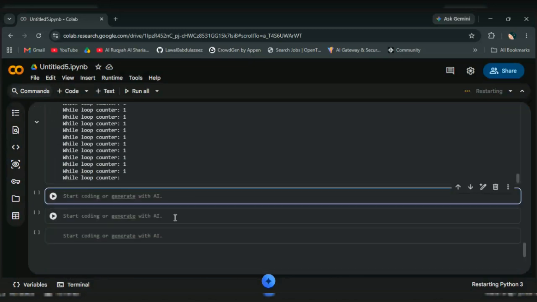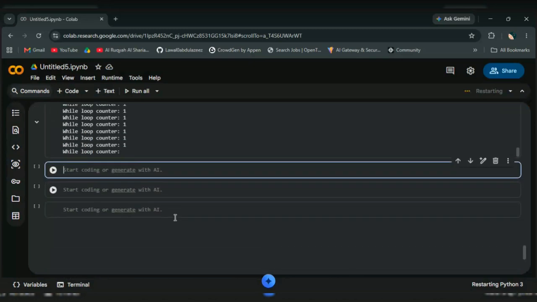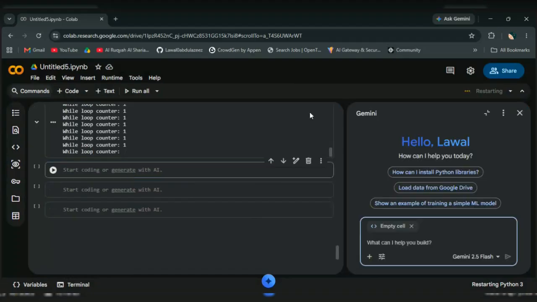So now we would ask our AI to do what? To help with some examples for